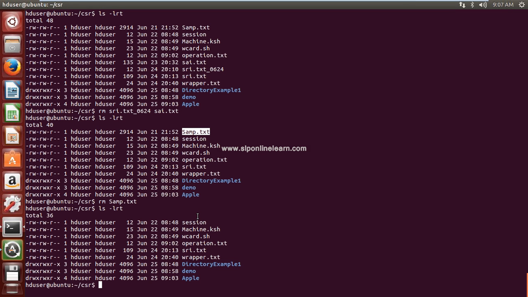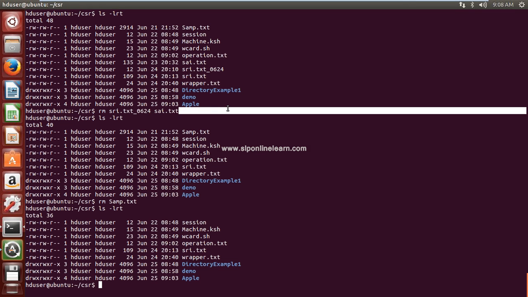And how to remove multiple files? File name space next file name space next file name, and keep on. All those files will be removed one by one.